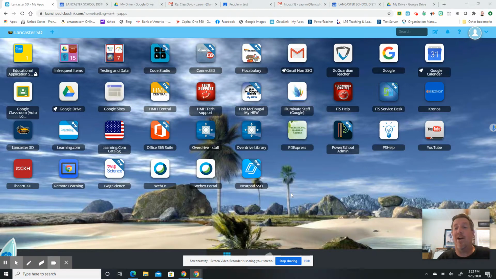One of the pleasant surprises we found out last year was it did work when they're at a distance, as long as they're logged into their Chrome account and on a Chrome browser, you can see what they're doing. Now, that being said, if they're at home on their personal computer and they're in Microsoft Edge or Safari or something like that, it's not going to let you know what they're doing. So if they're on a different device and accessing a different way, you're not going to be able to